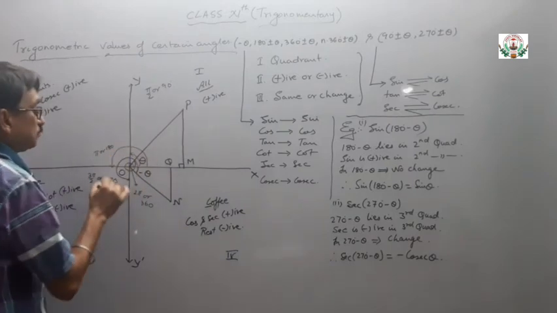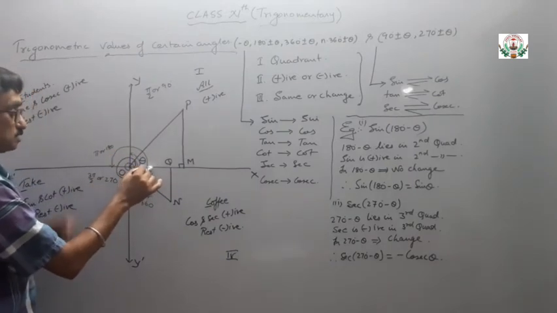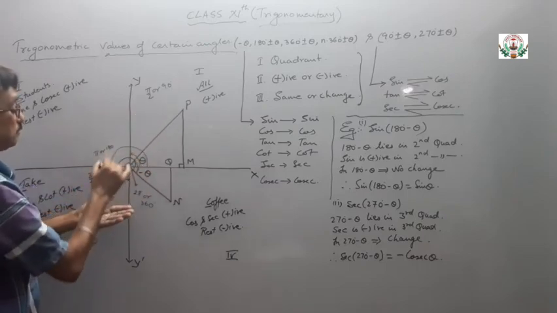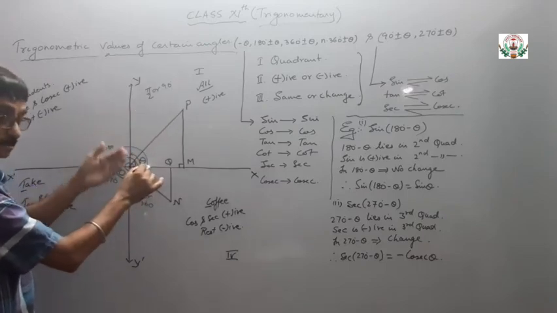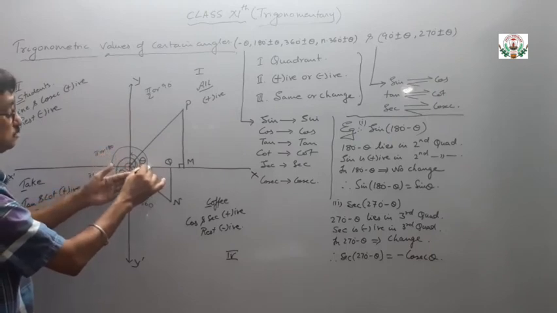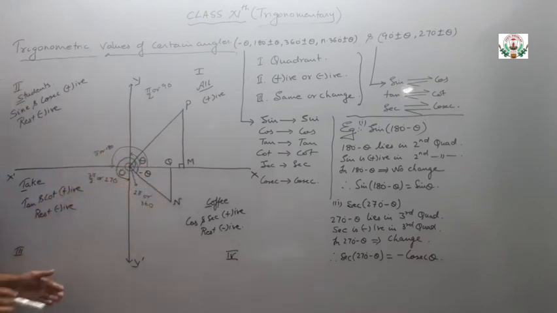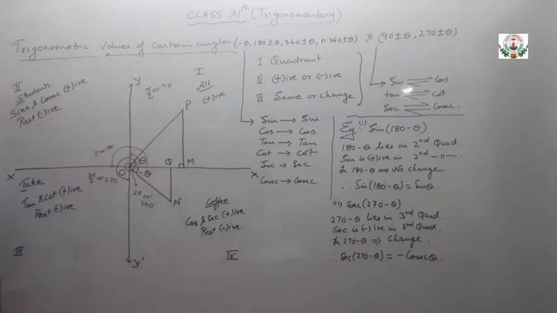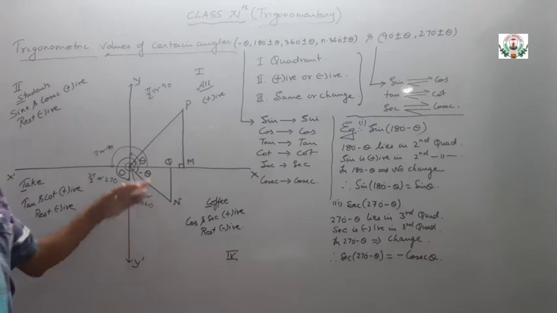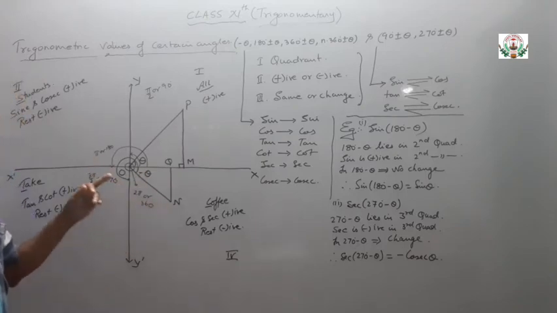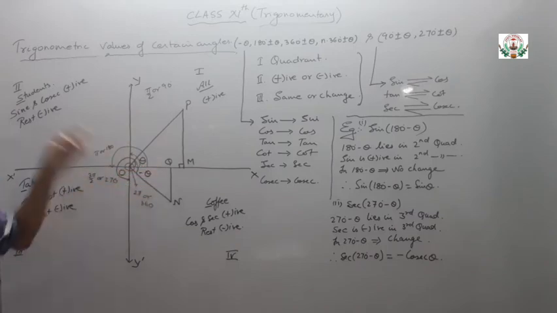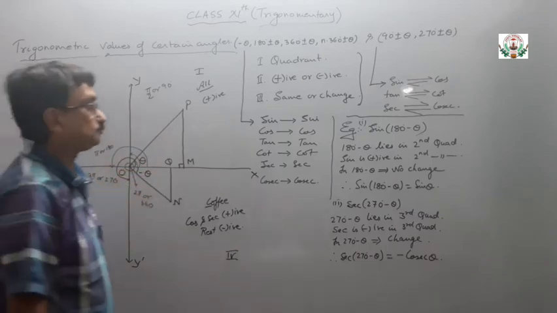360 plus minus theta. Complete circle will become 360, and plus theta means you will reach the first quadrant; and from the complete circle 360, if you are subtracting something from 360, you will reach the fourth quadrant. So 360 plus theta will come always in the first quadrant, and 360 minus theta always comes in the fourth quadrant.